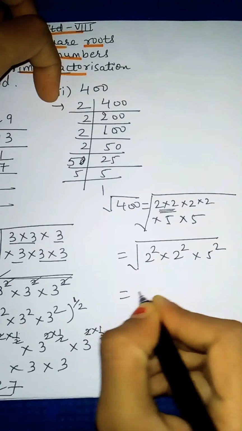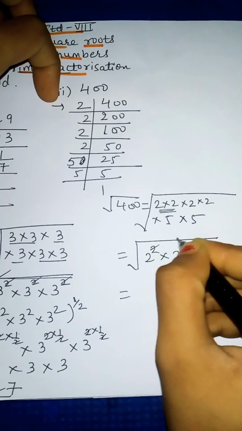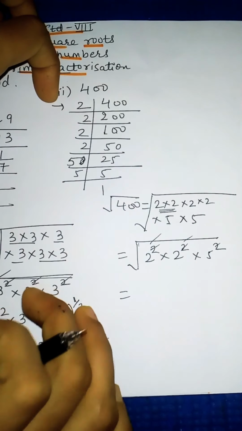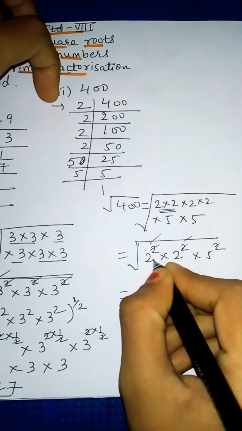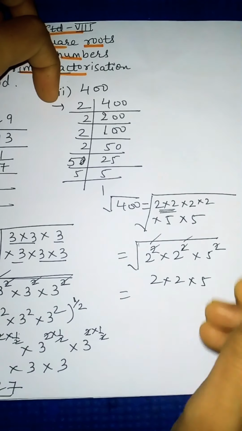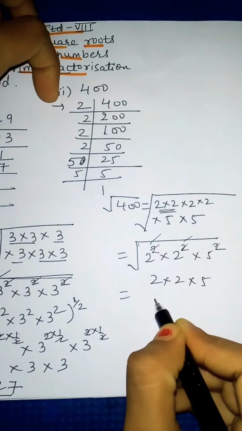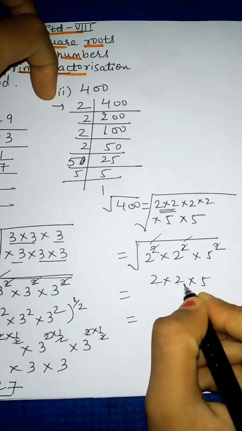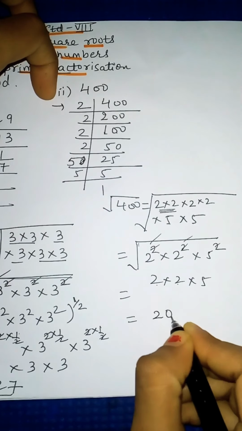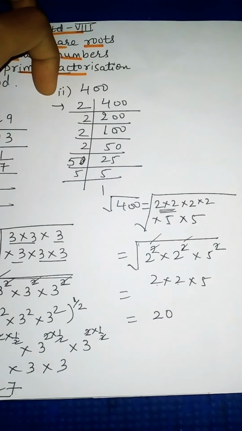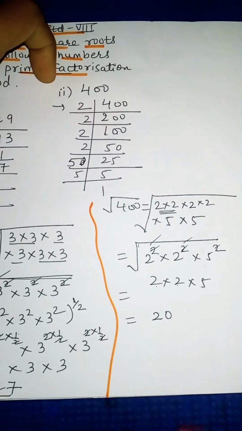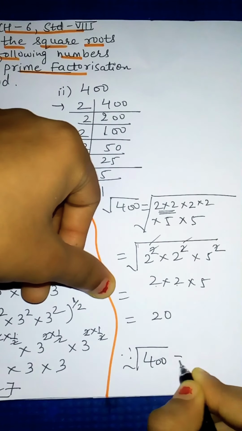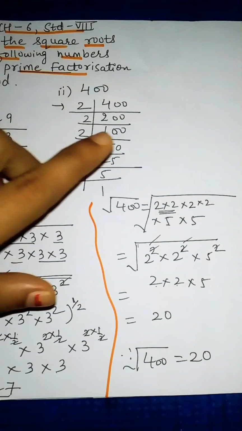Now this 2 that I have written gets cancelled off with the root. The root gets removed with it. Why, I have explained in the previous sum. So directly we will write 2, 2 and 5. First we make pairs and out of each pair we take only 1 time 2. And now you multiply. So 2 2s are 4 and 4 5s are 20. So 20 is the answer. So 20 is the square root of 400. This was the second sum. So you can write that the square root of 400 is 20.